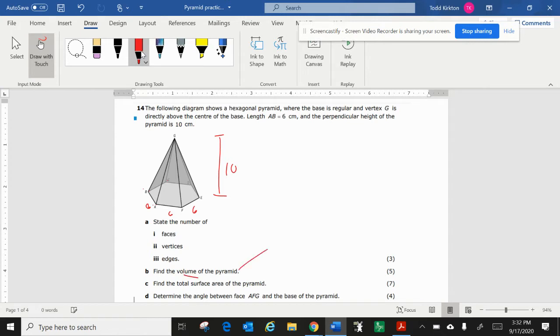So find the volume. Look up your formula. Volume of a right pyramid is 1/3 the area of the base times the height. First thing is get that formula down, and let's find out what we know and what we don't know. So we don't know the area of the base because it's a hexagon. We're going to have to figure that out. We know the height's 10, so you have at least that much. So to find the area of a hexagon,